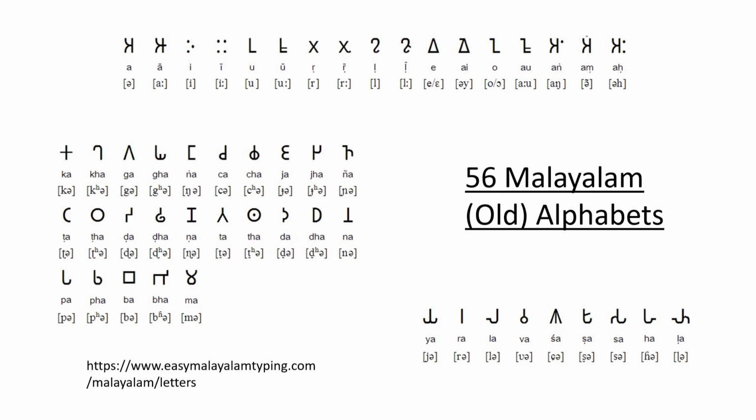Among all the scripts of India, possibly Malayalam has the largest set of alphabets. It has 56. We saw Brahmi has 51, Devanagari has 50, Malayalam has 56. It has almost all the sounds of the Sanskrit kind of alphabet, and it has all the sounds of the South Indian scripts. So it's like a universal set, more or less. We can add more and make it better, but okay, the only thing it misses from this Brahmi alphabet is